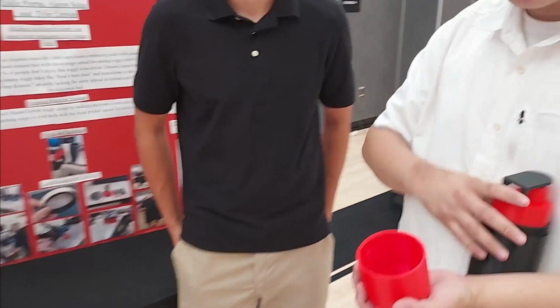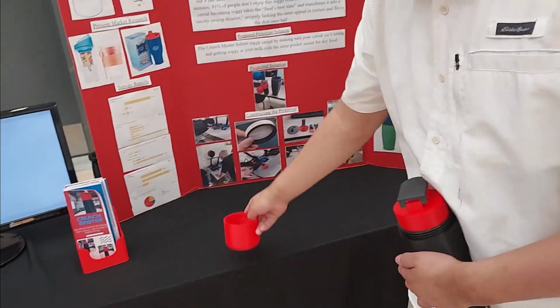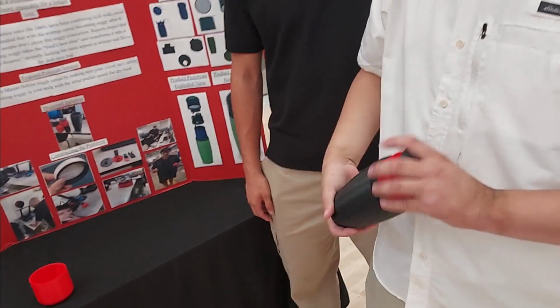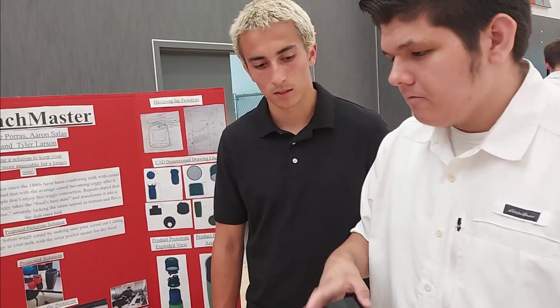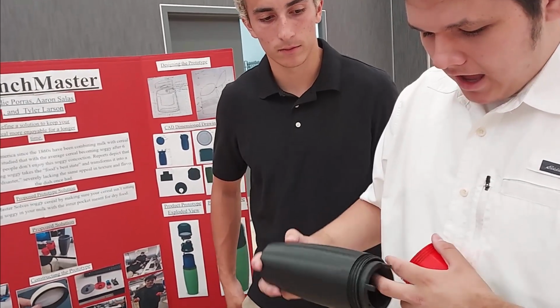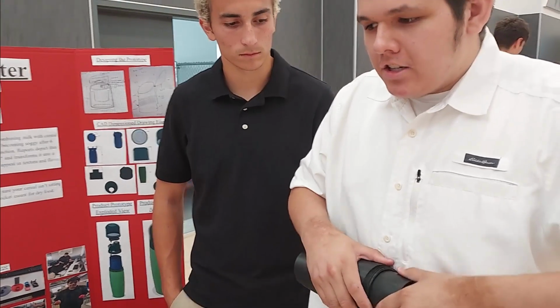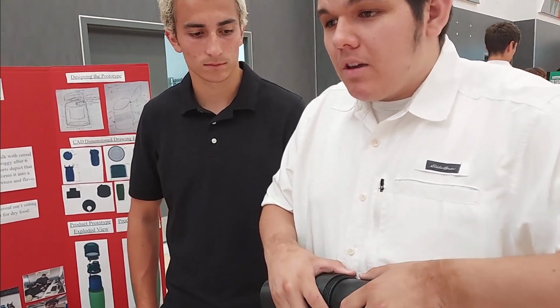Nice. Okay, so this is 3D printed. If we were to actually make this, what materials would you actually like? Plastic, stainless steel, aluminum, porcelain. The ideal would be stainless steel and done in a factory in a way that we would be able to